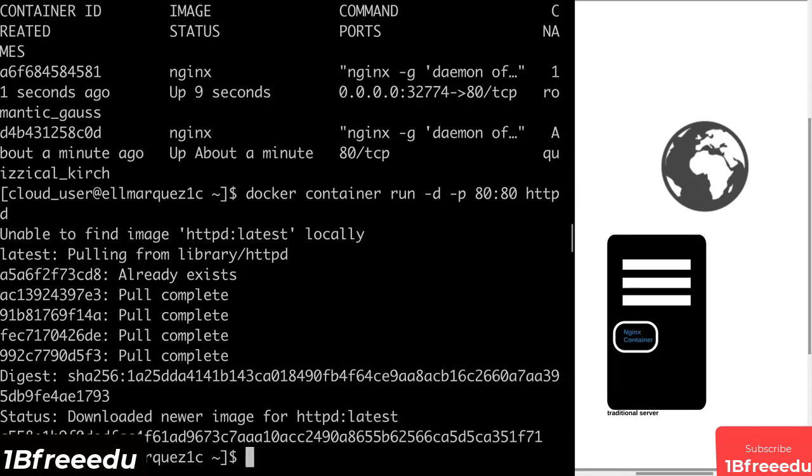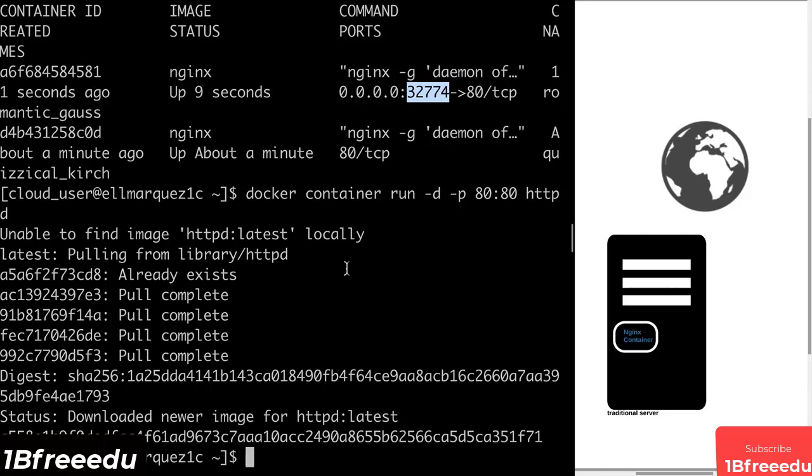Now, before I clear my page, I realized that I did miss a little bit of information here. Where did this port 32,774 come from if we never specified it? Well, this is the ephemeral port range, and it's typically a port between 32,768 and 61,000 that it's chosen from. Really just kind of depends what the IP local port range is set to as the kernel parameter within your box. But that's really more of a topic for a deep dive, so let's go ahead and clear our screen